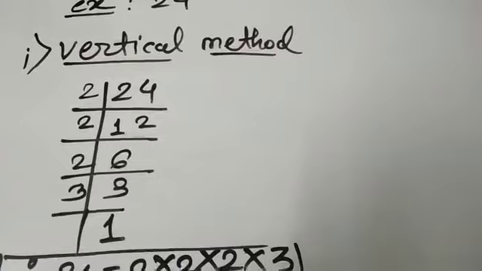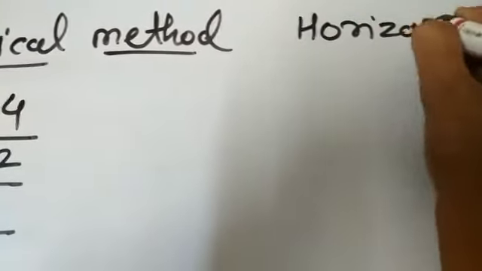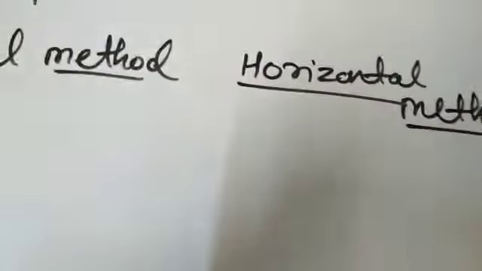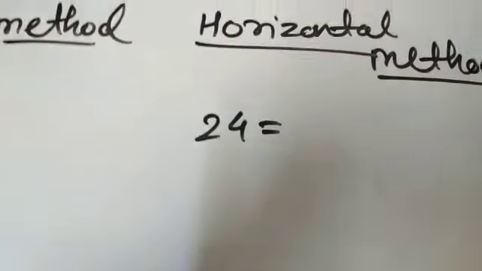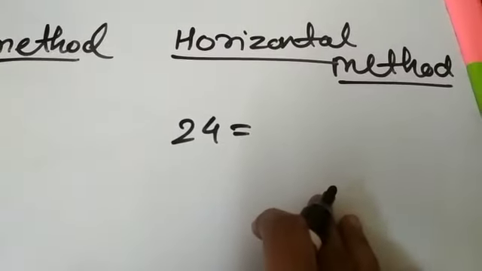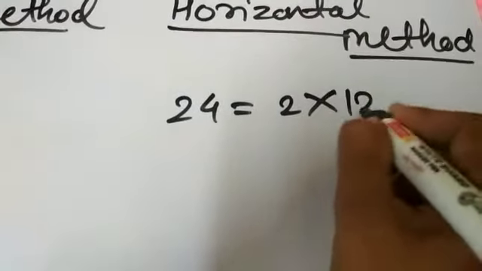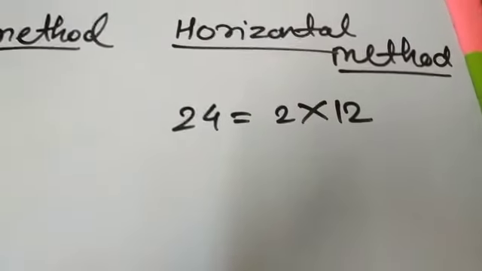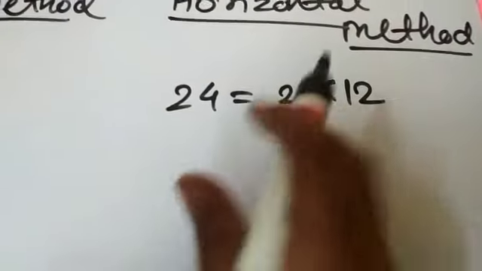Let us move towards the second method, that is the horizontal method. Now we will go with the same example. I had chosen the number 24 for the vertical method. The same example I will take for the horizontal method also. I can write 24 as 12 2s are 24, 8 3s are 24, or any numbers like these I can take here. Fine. I had gone with 12 2s are 24.